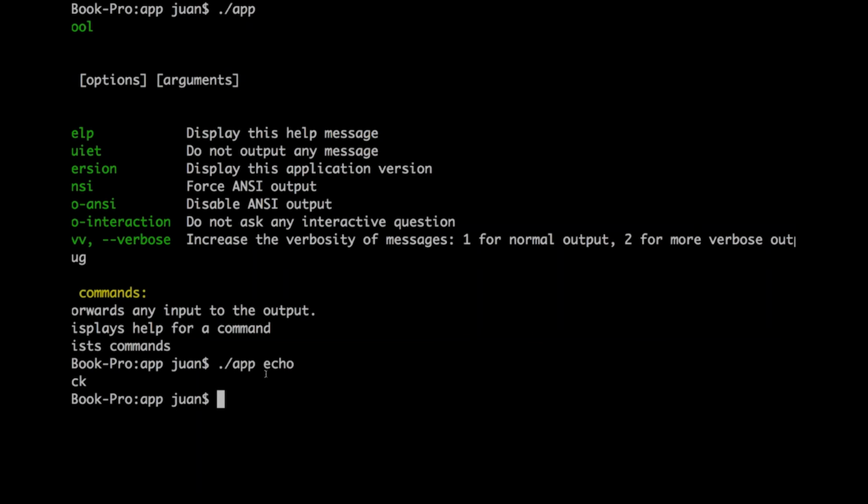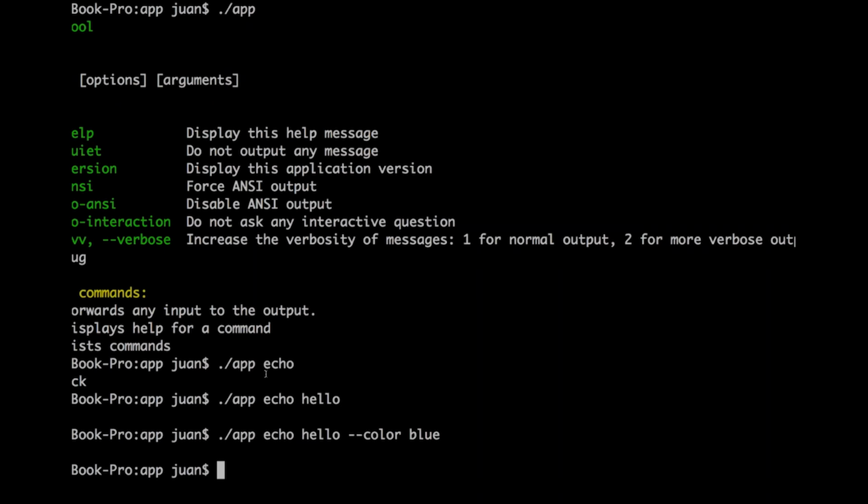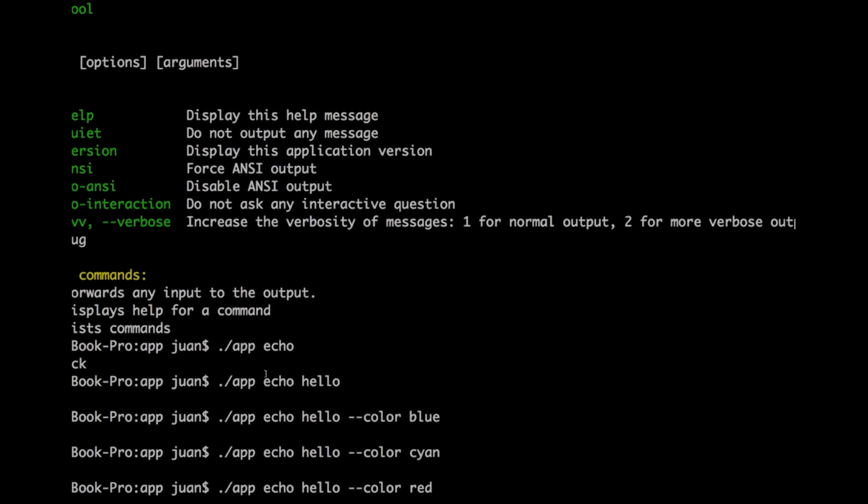Notice that because I chose to have a default value for my command, which was to hear crickets in case there were no values, that's what it prints out. Now, if I actually say hello, it will print hello. If I use the flag color, it will print hello in blue, or cyan, or red. I can also use this short name, -c, and say, let's use a different color,